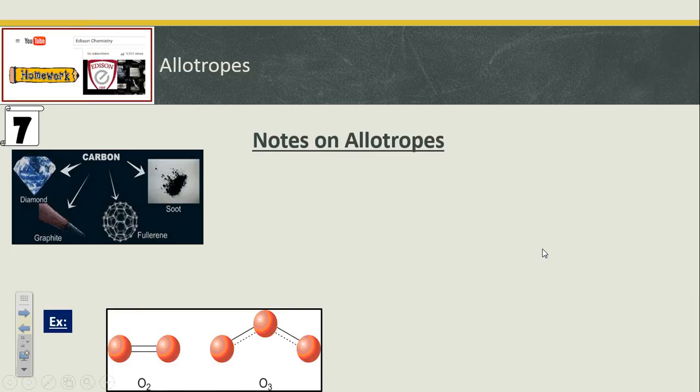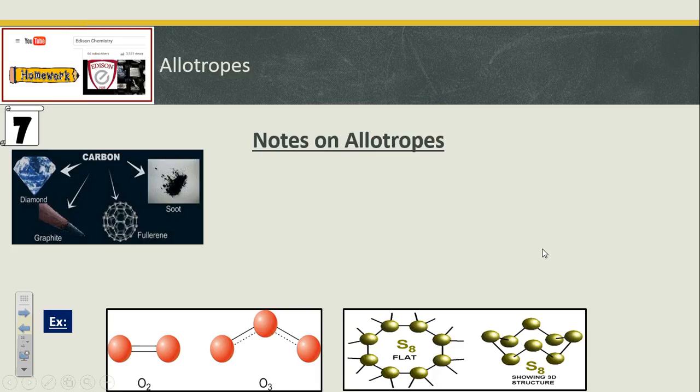So examples: oxygen O2 and oxygen O3. O2 is what we breathe. It's an element, so this is what we breathe. Plants make it through their cellular respiration. We use it through our cellular respiration. Ozone is a different version of oxygen. It actually has 3 oxygen atoms connected together, and this stuff protects the,